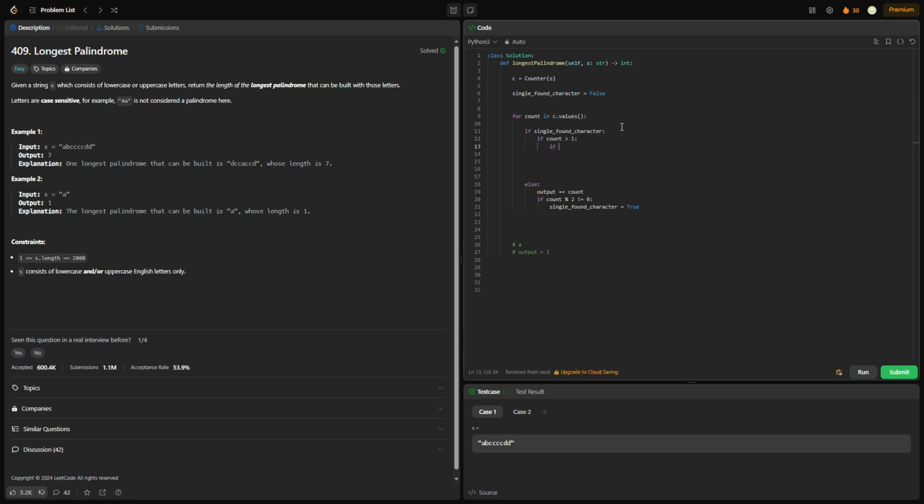So we're going to say if count is divisible by 2, right? If we have an even frequency for a particular letter, we just add the entire count to our output, right? Now, else, and this would be a case like this, or this, where the odd frequency is greater than 1. But it is an odd frequency nonetheless. So what do we do? Well, in that case, we would